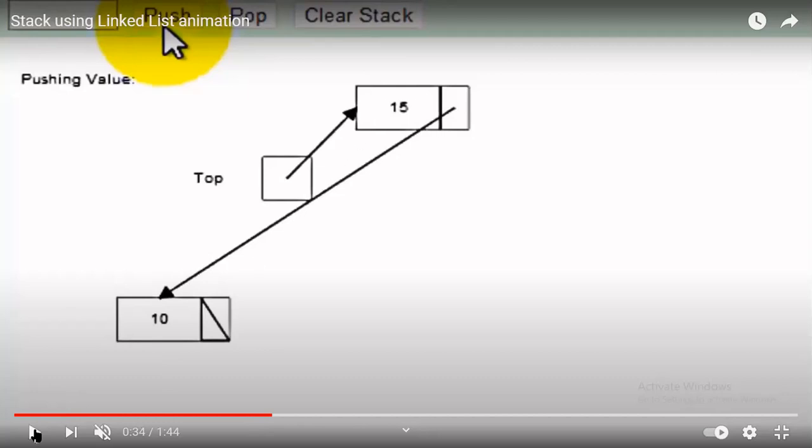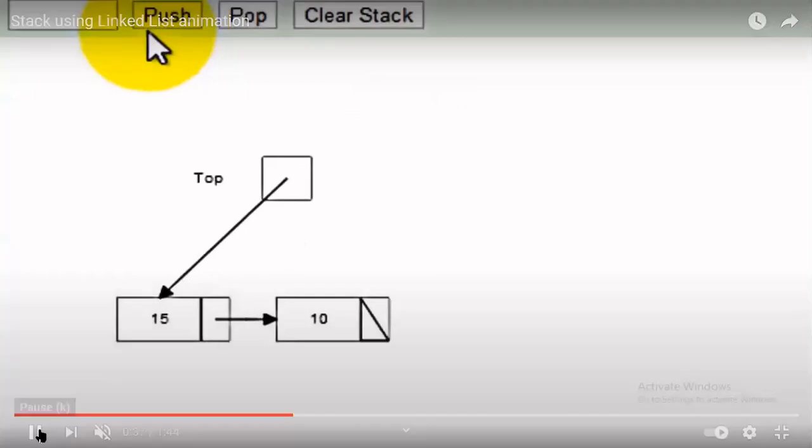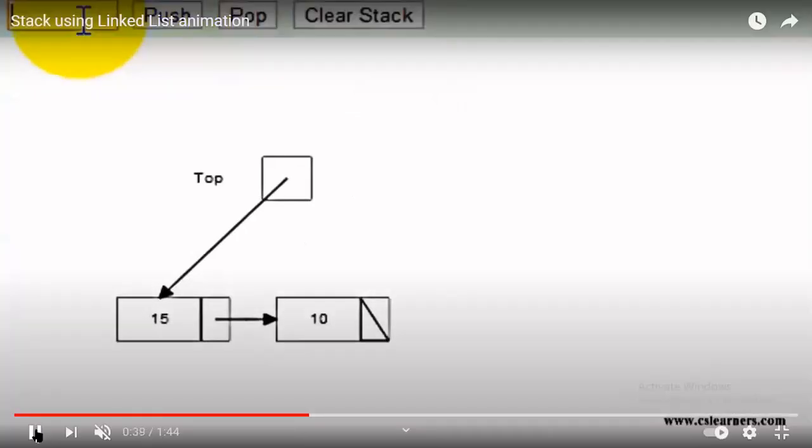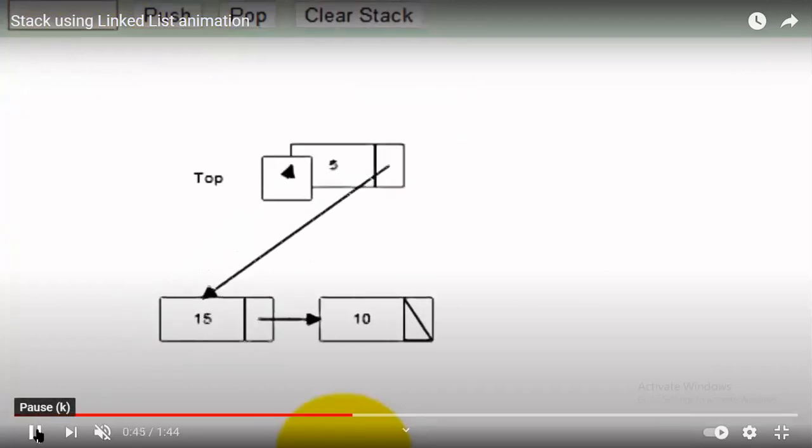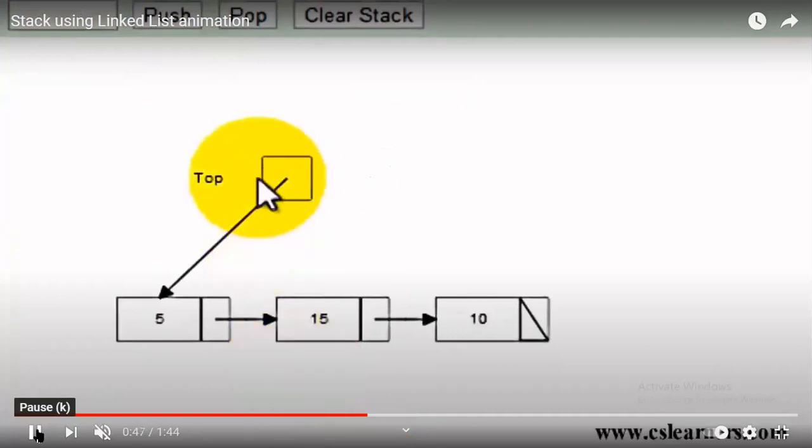Now it has to change to the 15. This is what we are going to do. Again, you push 5, a new element 5. Now this element is focusing on the 15, that is the first element. We have to change the top position.